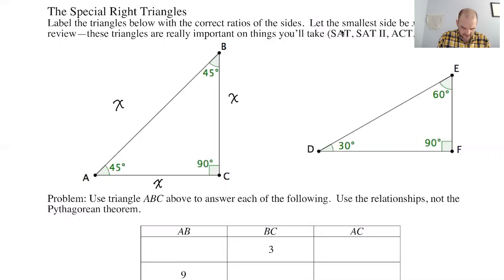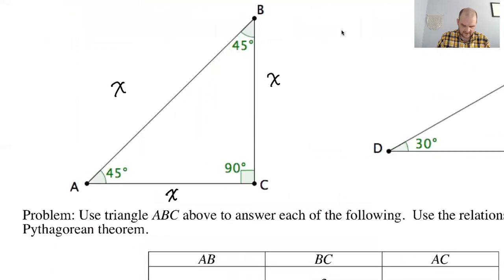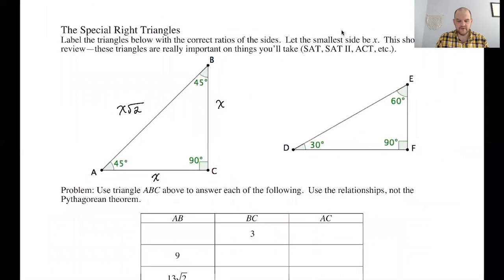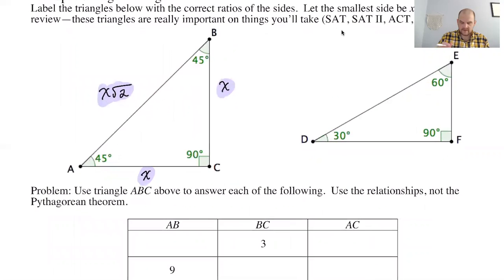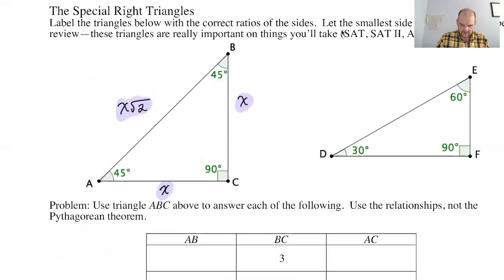My radical is crazy there. Have I forgotten how to make radicals? X root 2. Whatever, we're just going to go with it, right? So these go together. X, x, x root 2. Now, sometimes you might find it useful to kind of rework that, right? So typically you would say it's like x colon